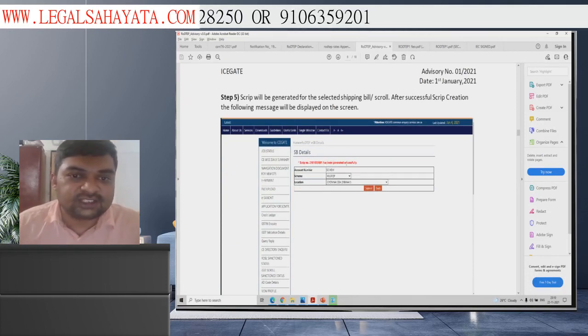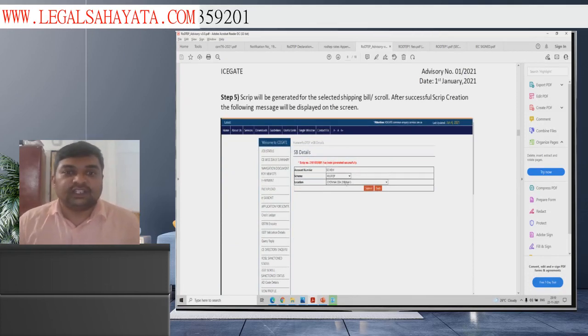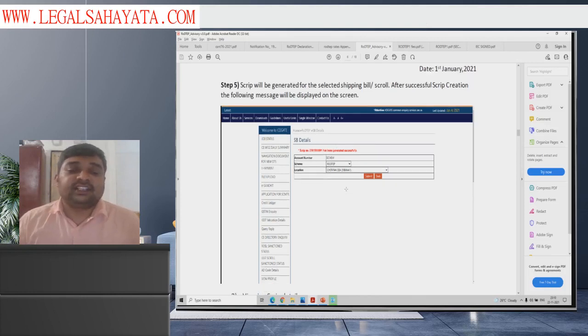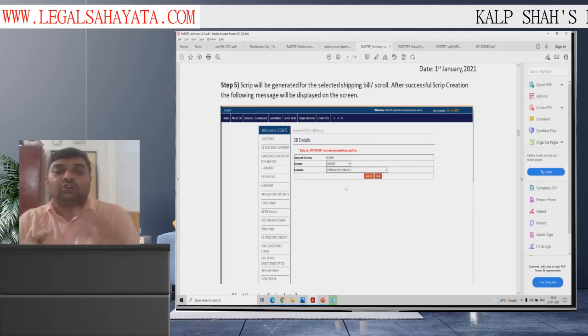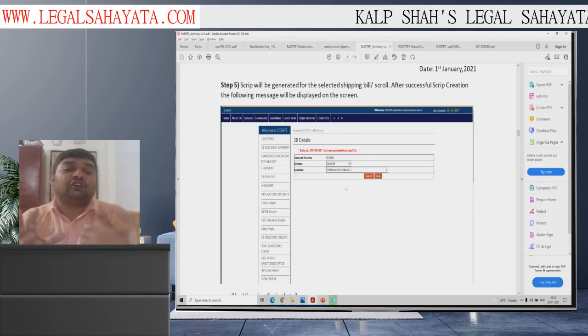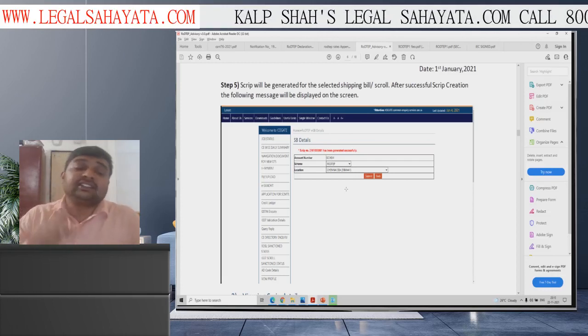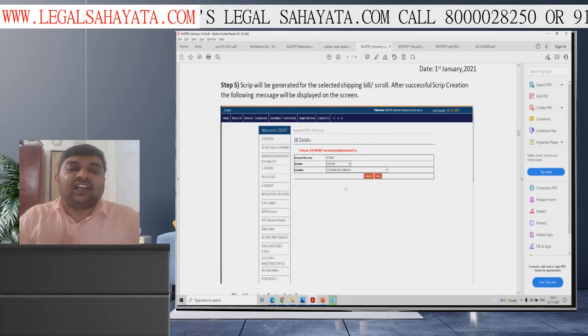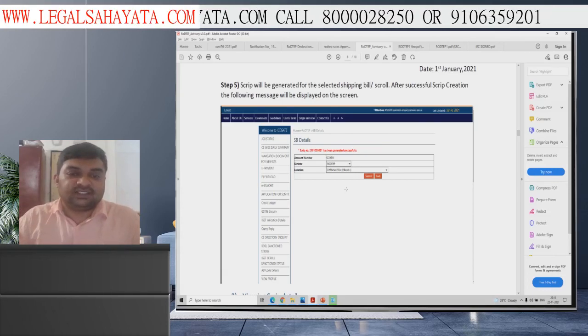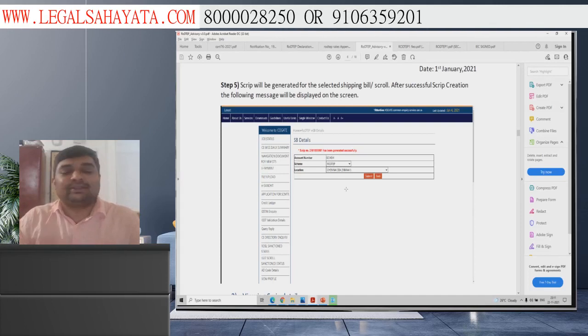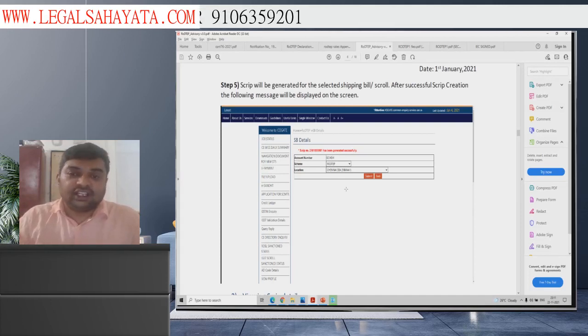Scrip number so and so has been generated successfully, and this scrip is transferable, or you can even create one scrip out of two, combining 3 or 4 shipping bills. This scrip is valid for 1 year. After creation, you can use or transfer this scrip within 1 year. Even the person to whom you have transferred it must use it within 1 year from the date of issuance.